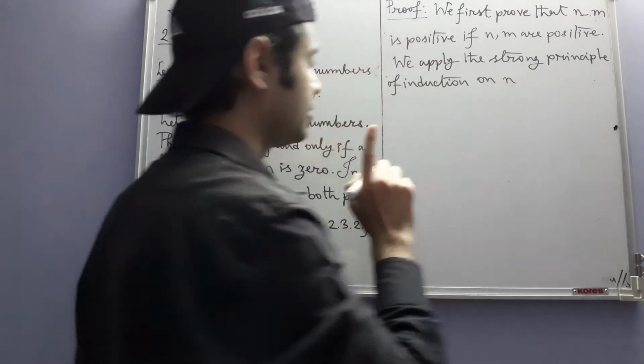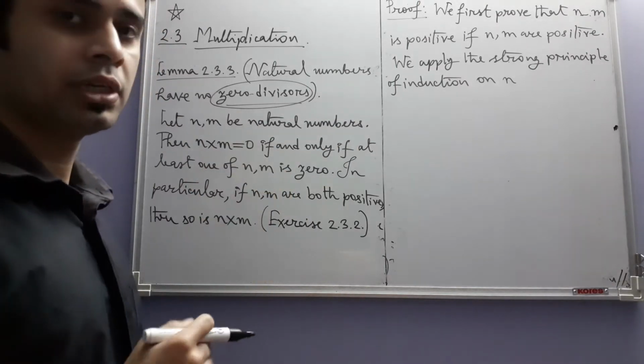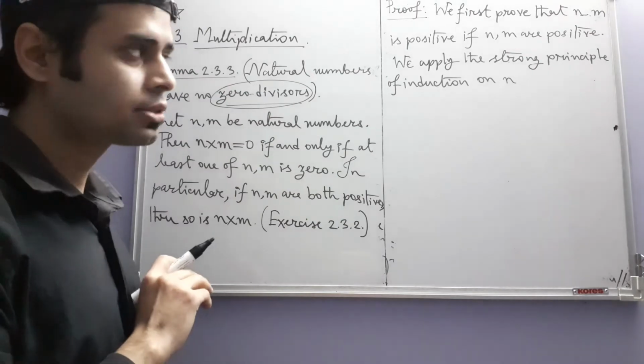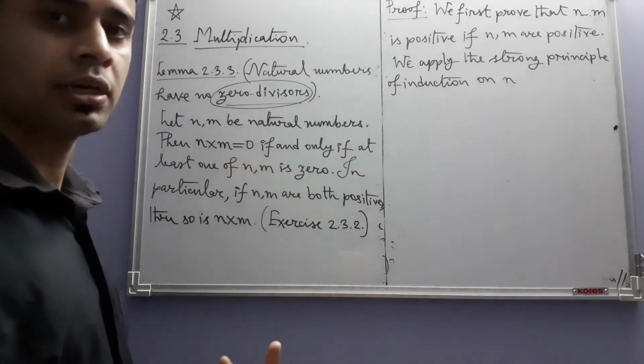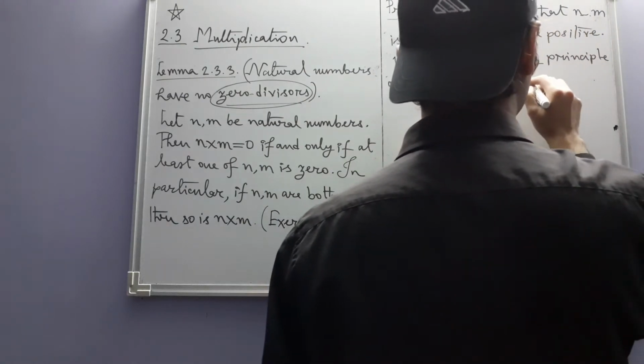Right now at this stage it does not matter on what variable we are applying induction, because we have already proved that multiplication is commutative. So nm and mn are the same. Induction on n,